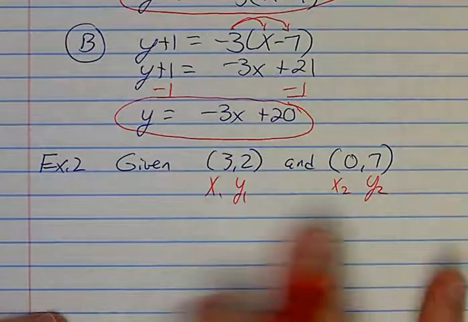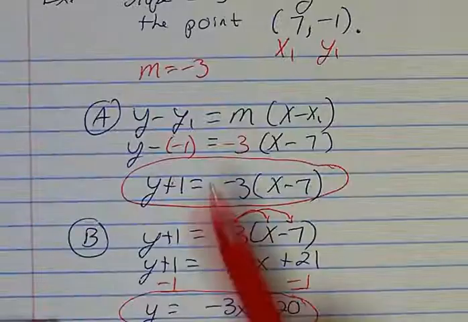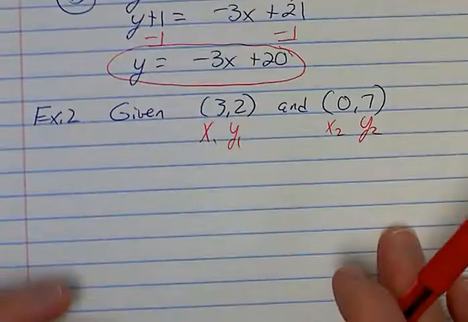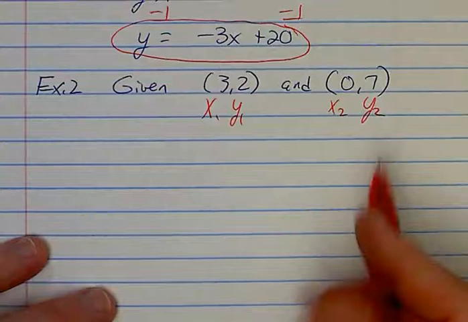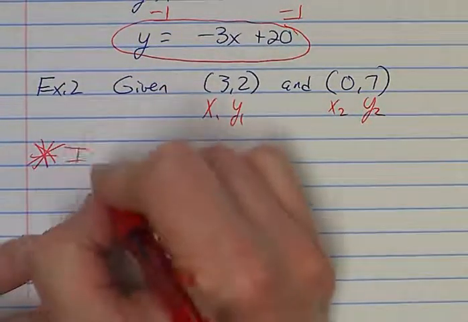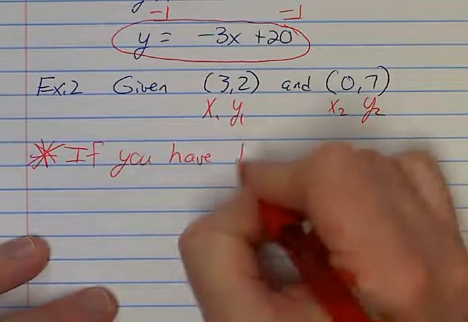All right, now, back here we had the m value, but go back up real quick. To make this thing work out, we had the slope and we had the point. Well, for this one, we've got 2 points, so it's a little bit different lineup. So here's what you want to do. Another little star here. Here's the second important thing. If you have 2 points,